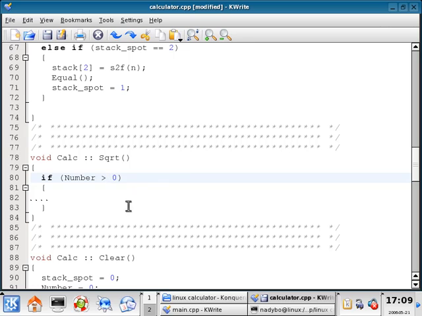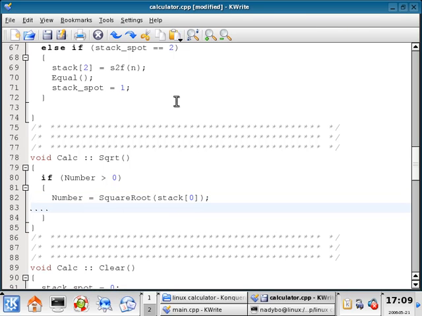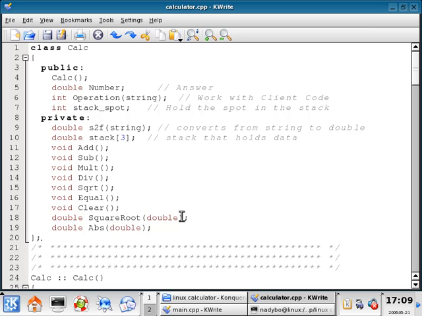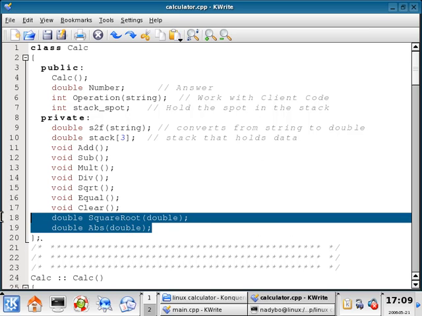So with that said, we're going to do number, which is the accumulator, is going to be equal to square root, which is a function that we're going to write ourselves in a minute, and we're going to pass it stack 0. Close that off. And just like before, stack 0 is going to equal number. Alright, so I'm going to save this, and this function does not exist yet, but if we scroll back up to our class declaration, it's right here. I'm going to copy these two